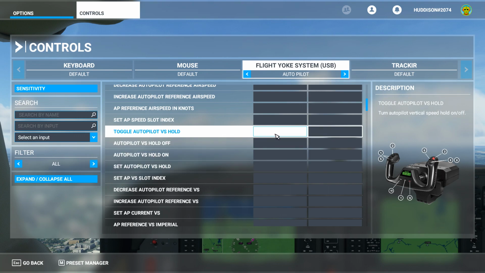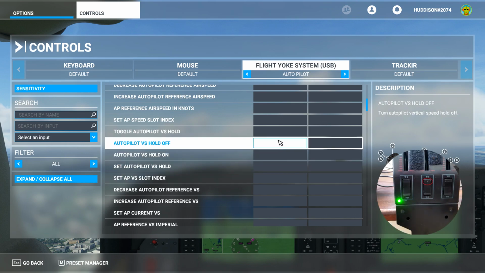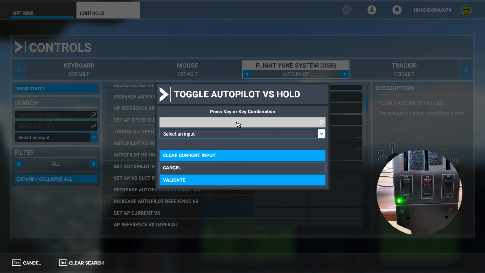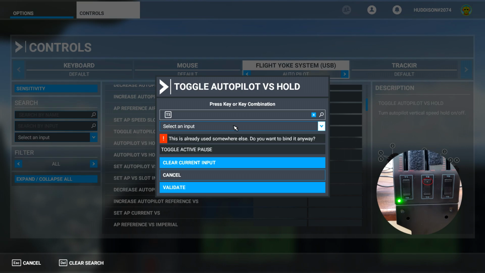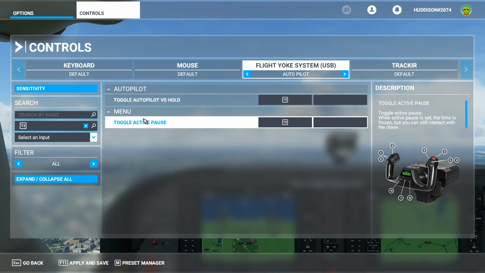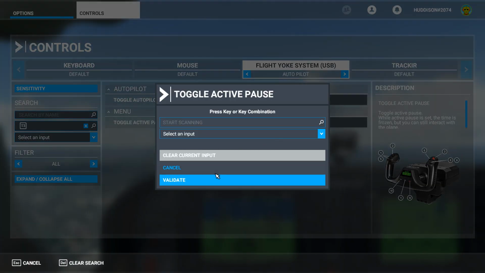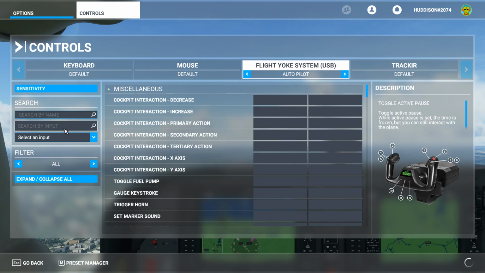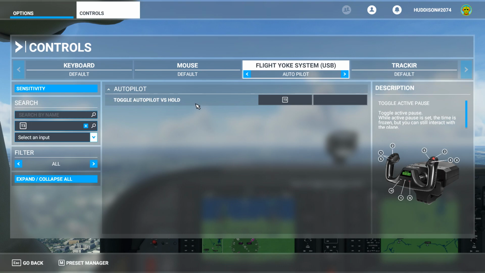I want to use a button that I'll show you down here. Click on that. Click the button that I want to use for that. Click and start scanning. Click T3 in my case. And validate. And apply and save. I'll just clear that other setting that's set to T3, so click in there. I don't want active pause there, so I'll clear that input. Validate, apply and save. And I always double check to make sure that it's all set up correctly, and that's